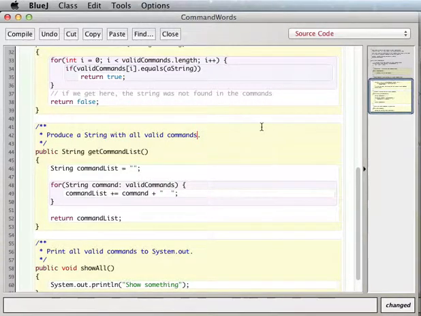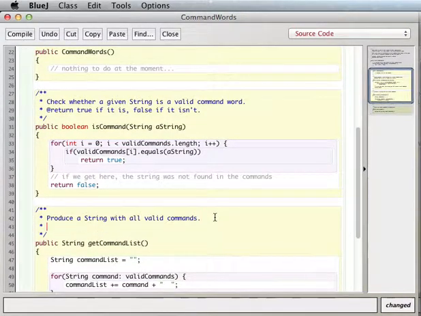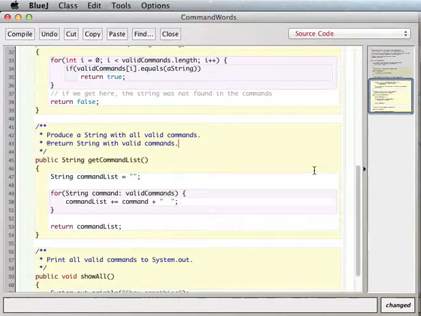Something like that, right? And we're also returning a string, so we can return a string with valid commands. Okay, because that's what it returns. All right, so now